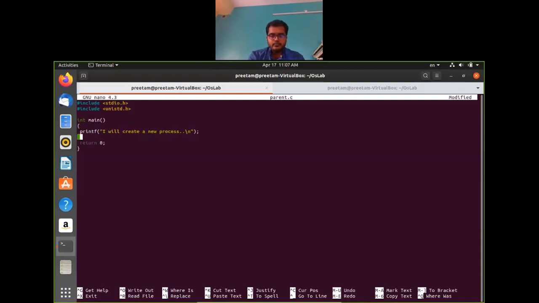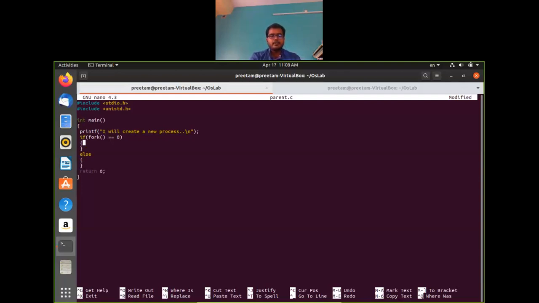So it will do fork. If fork is equal to 0, it means it is now in the child process. Else, it is in the parent process.